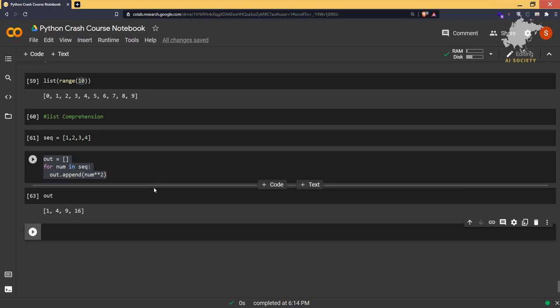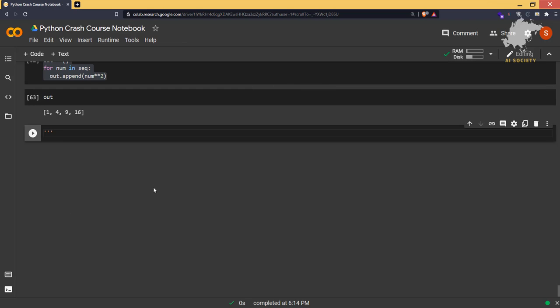Let me tell you in short how list comprehension works, in 2 points. First, we can implement the above code using list comprehension in a shorter way.